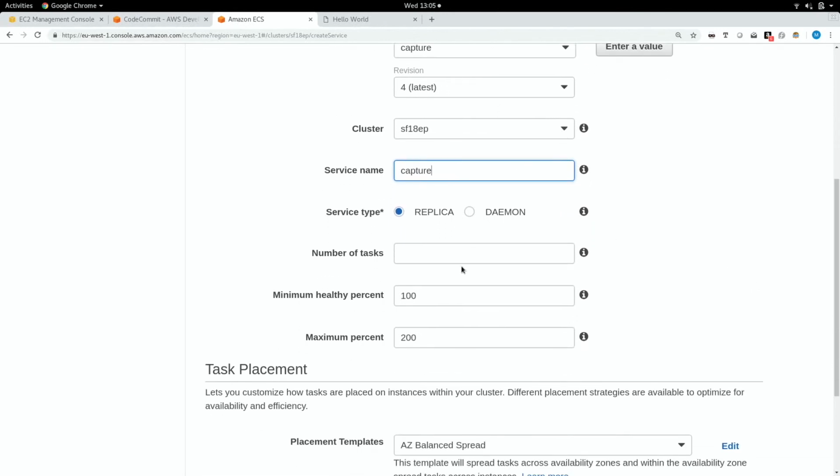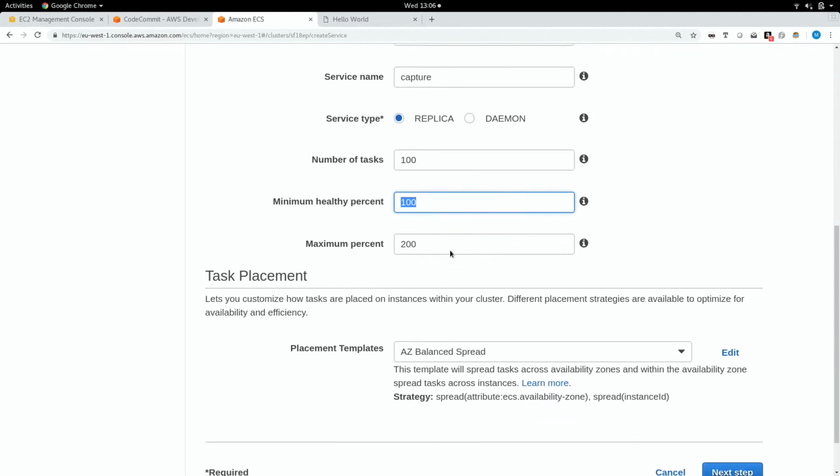Now, it's going to ask us how many tasks we want to deploy. So we're going to say, I want to deploy 100 tasks. Theoretically, when we click OK, it's going to try and deploy 100 instances of this capture, which could cause us problems, or will cause us problems in this environment. But it may be we want to cater to the fact that in a few weeks' time, we might start adding more instances to the cluster as our application teams start growing things. Or we have an auto-scaling group in place that creates more instances as load goes up and down, and we don't want to miss any data.